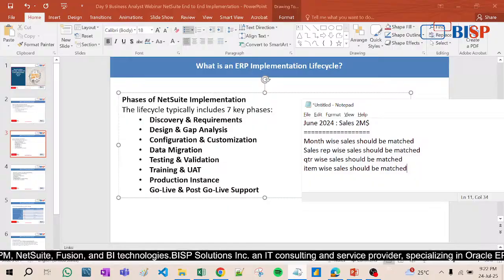And for example, some sales orders are created, so immediately whatever the inventory is deducted, it should match with the NetSuite also and in the legacy system, right? So that is called post go live support,